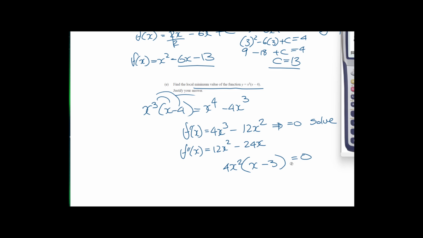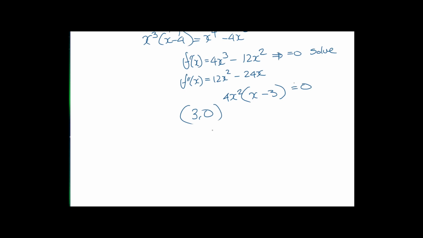Oh, okay, so there's going to be two values, one at 3 and one at 0. Well, there's actually going to be 2 at 0, but 3 and 0 for our point. So now when we take the second derivative and put in 3